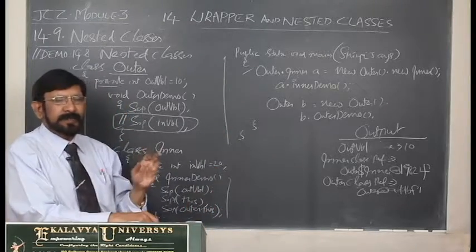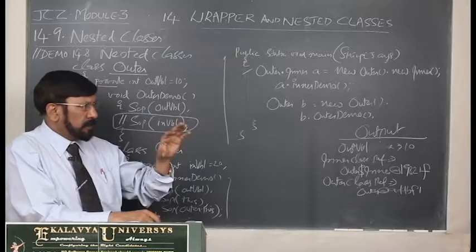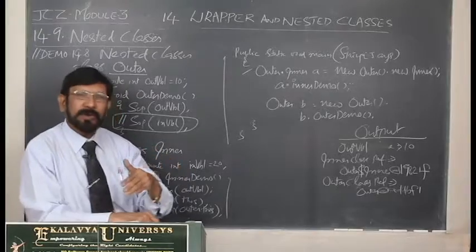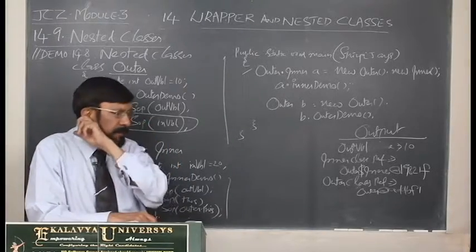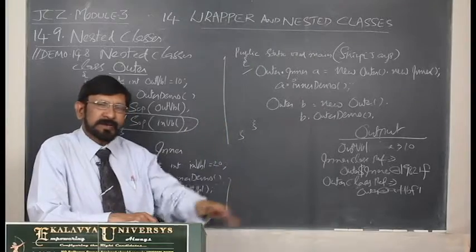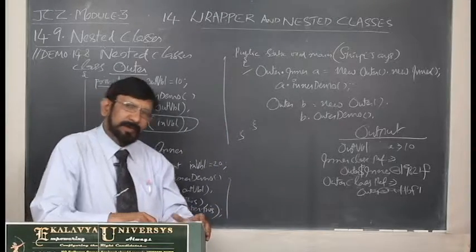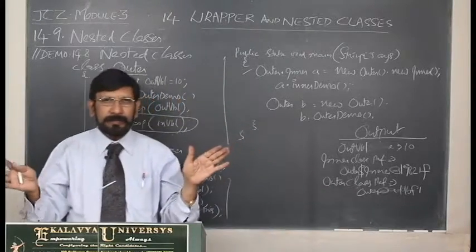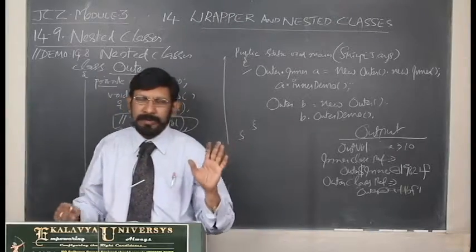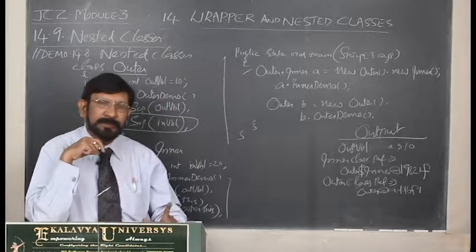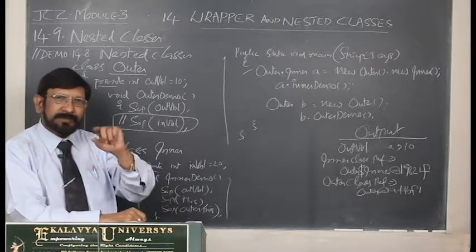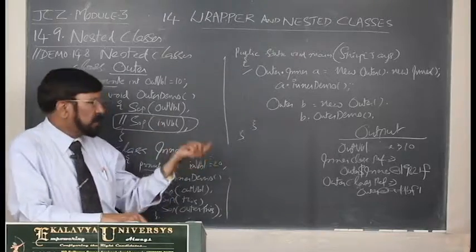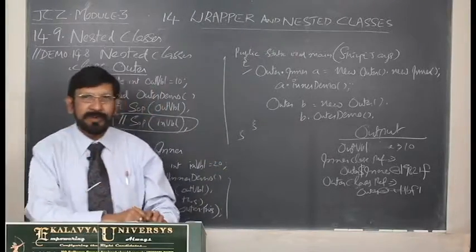In the meantime, you understand that it is a logical grouping. Because of the logical grouping, overheads are reduced, some limitations can be overcome, and ultimately the result can be achieved smoothly. Actually, if an outer class and an inner class are defined independently and no nesting is made, then what happens? Private members of one class cannot be accessed by the other class, but in this case private members of the outer class can be accessed by the inner class. That type of privilege you can understand.